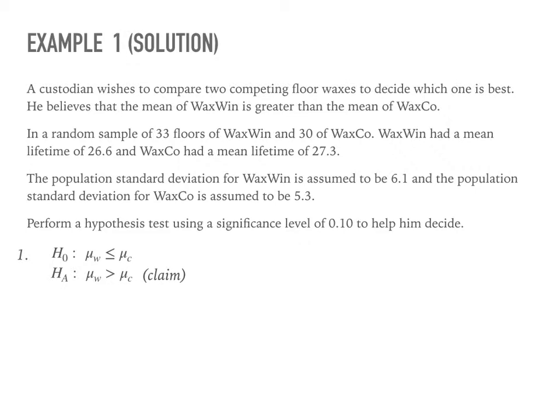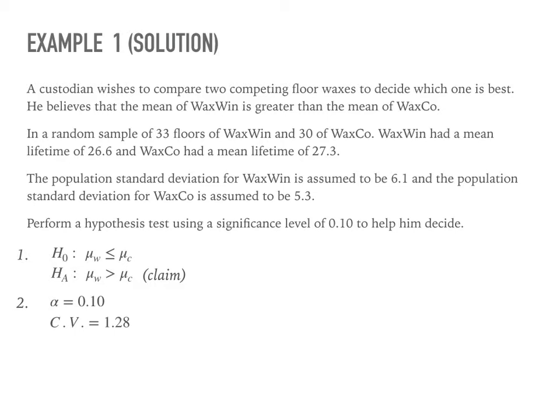Our claim here is the alternative hypothesis. The null hypothesis has a less than or equal to symbol, and the alternative has a greater than symbol, stating that the mean of Waxwin is greater than the mean of Waxco. Our level of significance is 0.1, and our critical value is 1.28. Using the